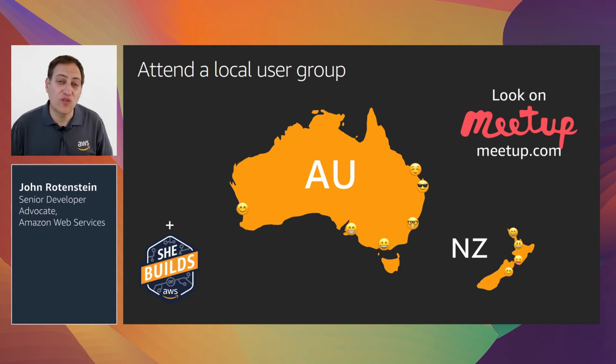There's even specialist user groups such as She Builds, which is focused on women in IT. You can find all of these user groups at meetup.com. And at a user group, it's run by the community. We do not run them. Community members run the user groups, and they have sessions of customers sharing what they've done, or vendors presenting new products, or news from re:Invent, so you can stay up to date. You can also chat with other people who are using AWS, a great way to interact with the rest of the AWS community.